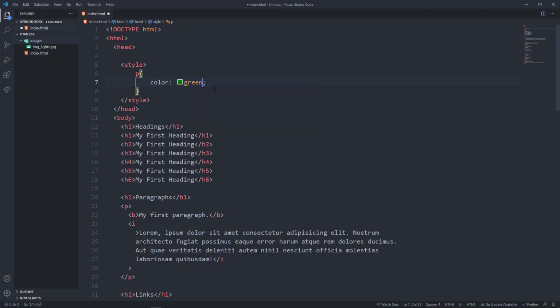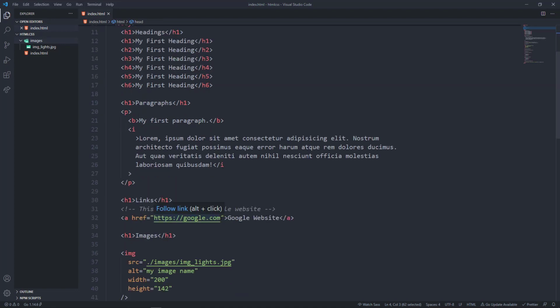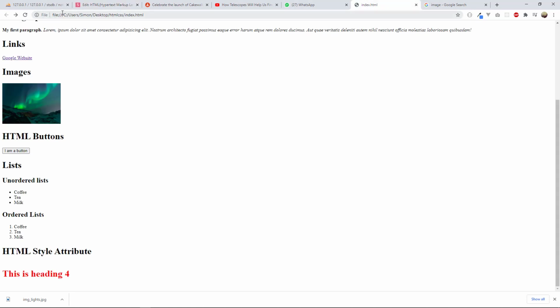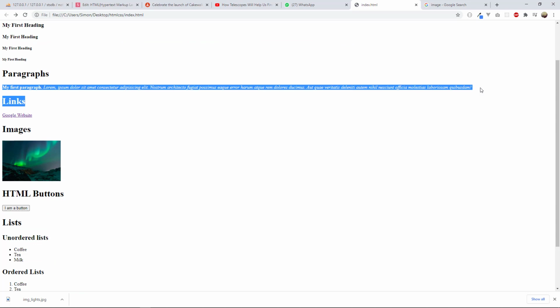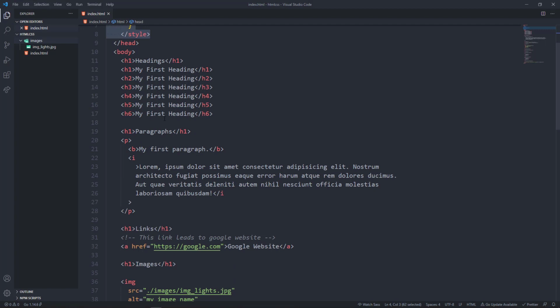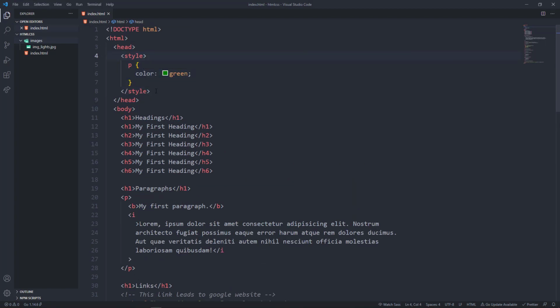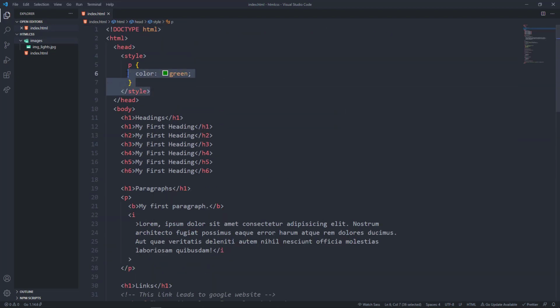and this will affect all paragraphs. This is the style. It is internal, meaning that it is inside that document. It's going to affect all the paragraphs. So anything that is called paragraph is going to be color green. Let's save that and just go here and refresh and see. And there we go. You see this paragraph has changed to green. So the style that is written inside the document head here, and not just inside a certain element like the way we did down here, this is called internal style. Okay,